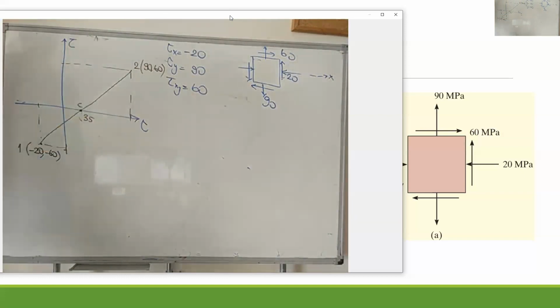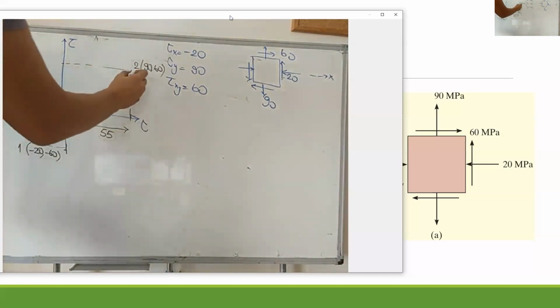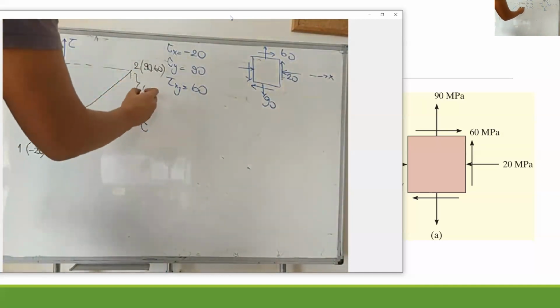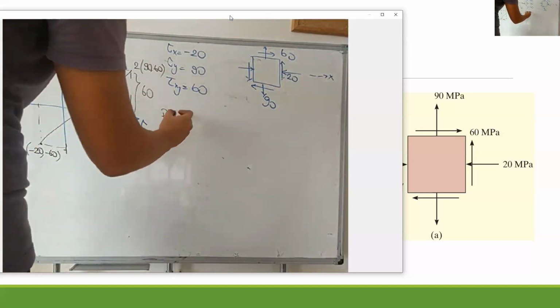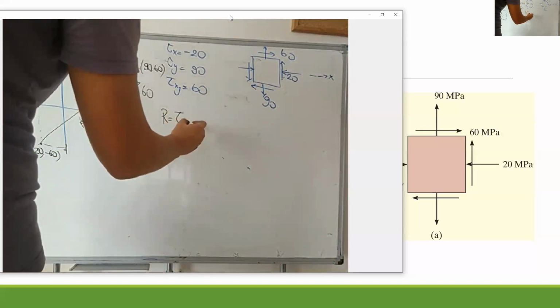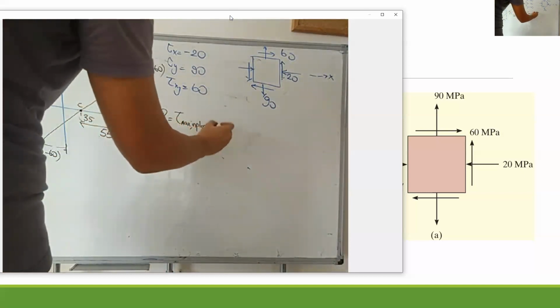So that means this length is 90 minus 35, which I can calculate as 55. And you know this length is 60. So R, which is also tau maximum in plane, is equal to the square root of